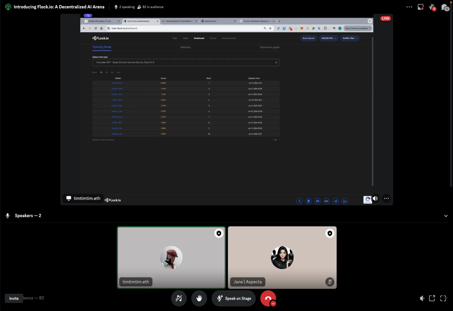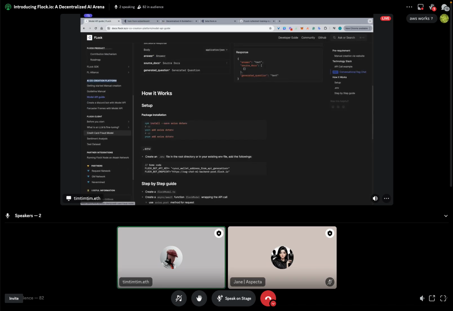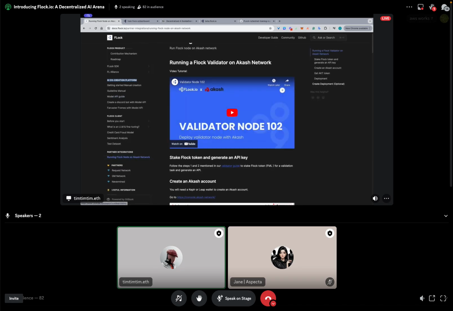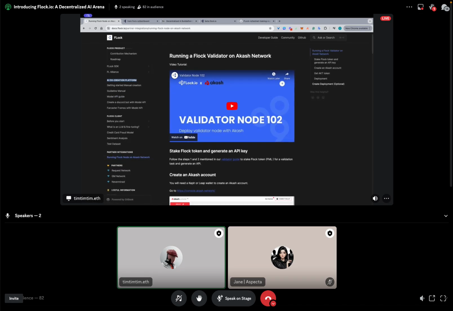With the full automation script, we run 5 different models: Qwen 1 0.8 billion, Qwen 1 1.5 billion, Qwen 1 7 billion, Gemma 2 billion, and Gemma 7 billion. The script will automatically run those models. But if you want a better score or better model performance, you will need a stronger graphics card. The good news is that we have a collaboration with Akash Network, where you can directly deploy a Flock training node on Akash Network using their template.